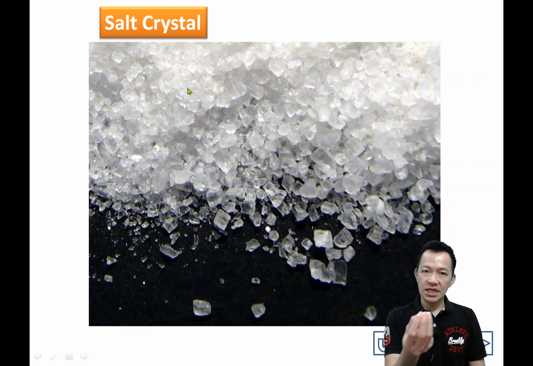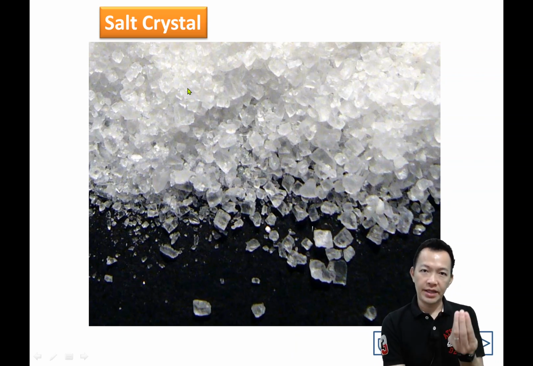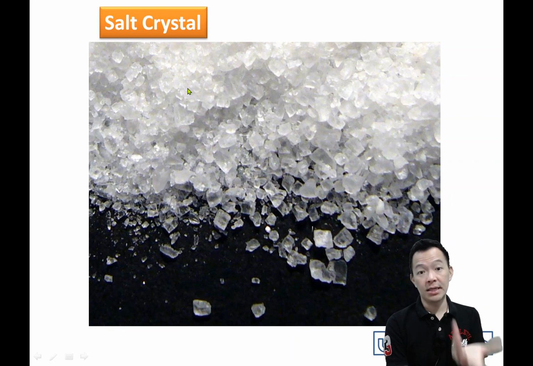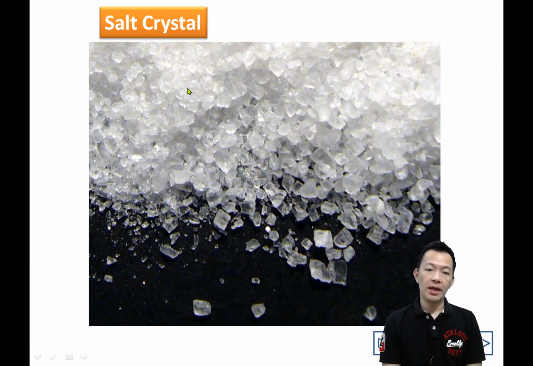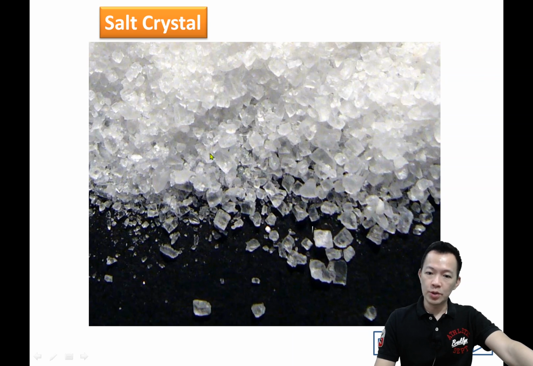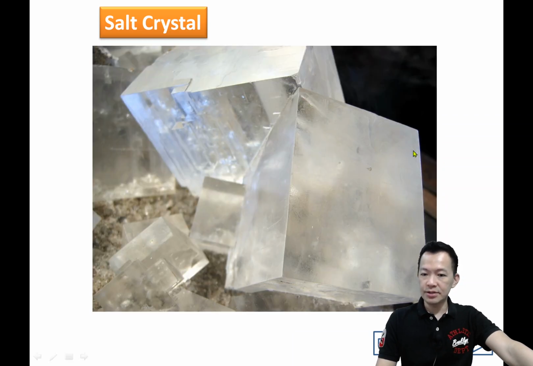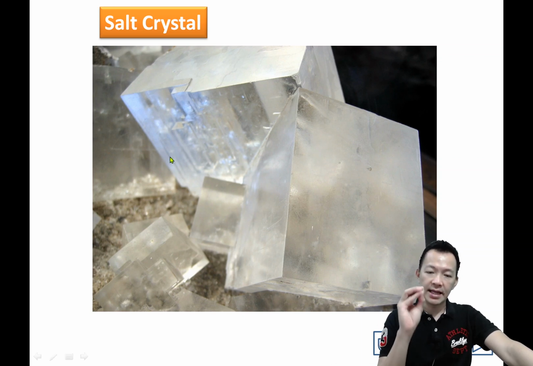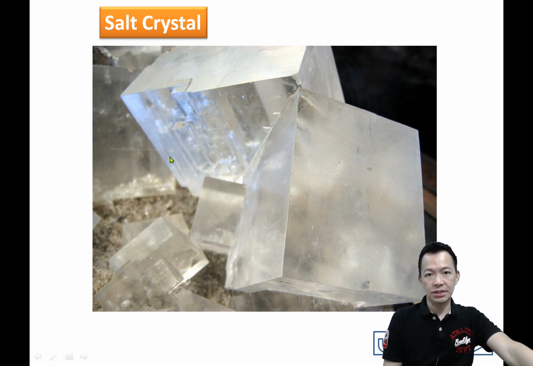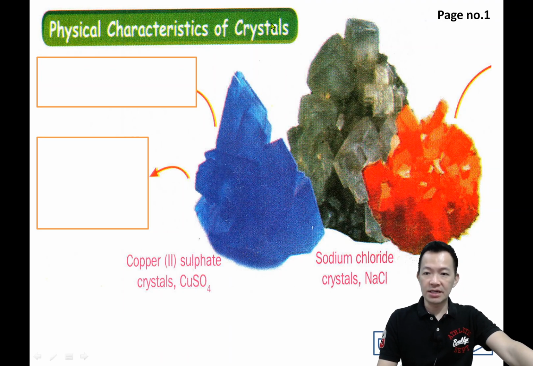Most of the salts they are crystal. They exist in the form of crystal. Some of the salts are soluble in water, so you cannot see them at all. They are inside the water, become the salt solution, 变成盐水。But some of the salts are insoluble and they become the crystal. 它们没有水的时候，它就变成盐的水晶。Okay, crystal. So what are the characteristics of the salt crystal? 盐的水晶到底有什么特征呢？Let's say this is a common salt or table salt. 我们桌子上的盐, under the microscope, you can see actually all of them are crystal. 它们全部都是盐的水晶 and they're having some characteristics. 全部盐的水晶都有这些特征。